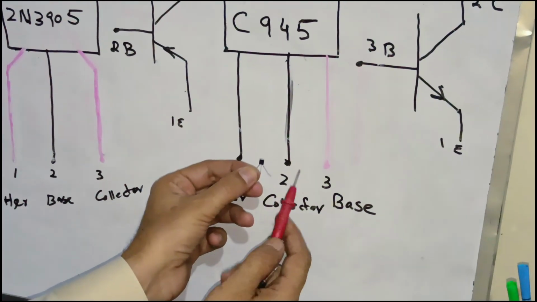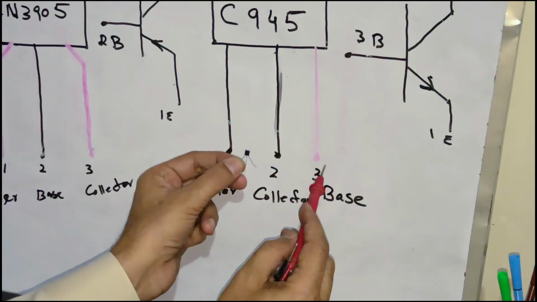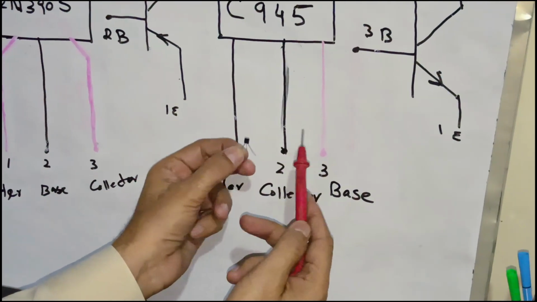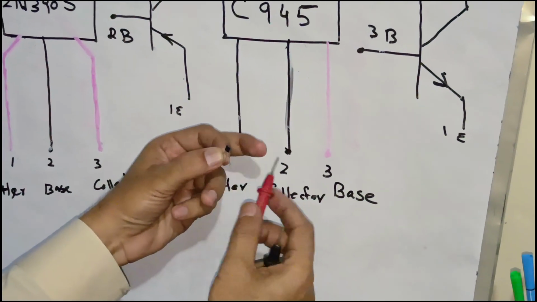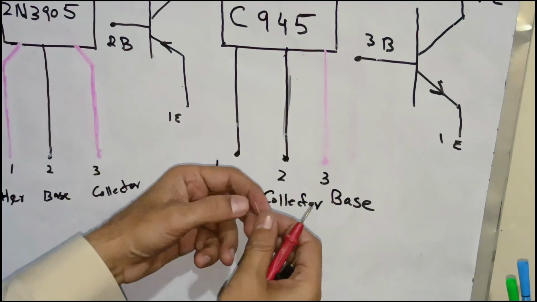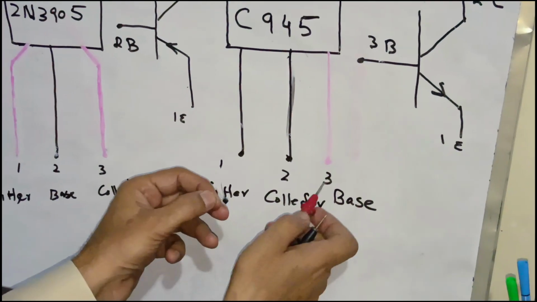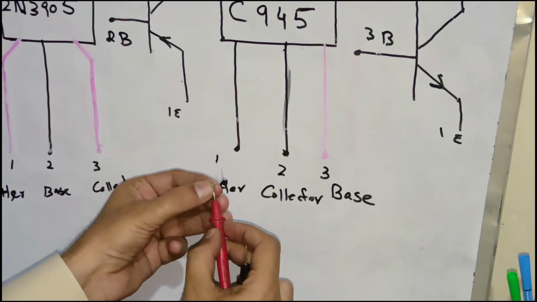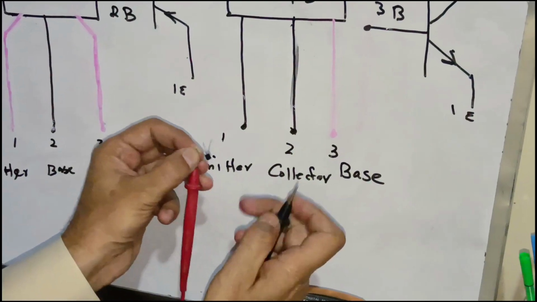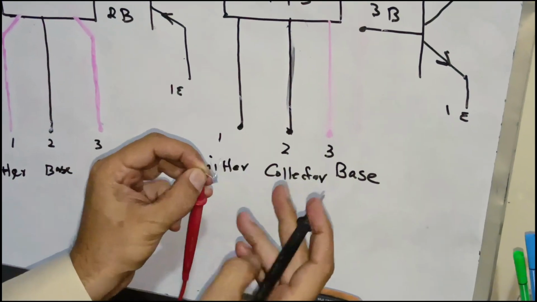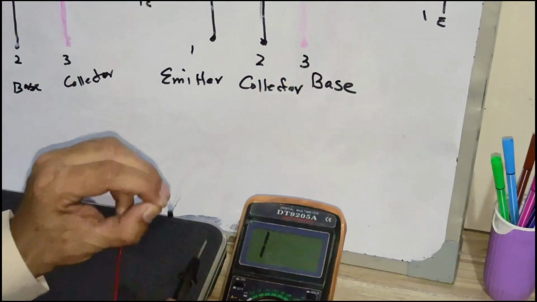If we connect the red, positive probe with the base, terminal number 3, and connect the negative probe with terminal number 2,